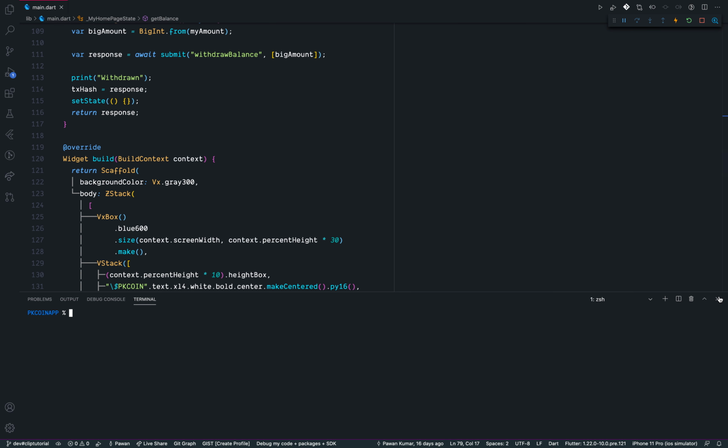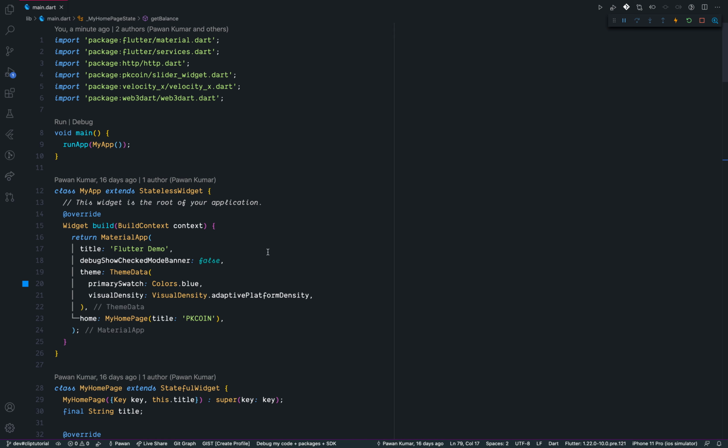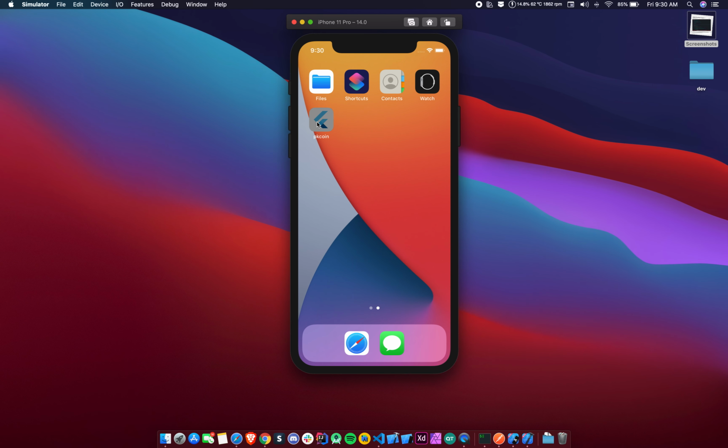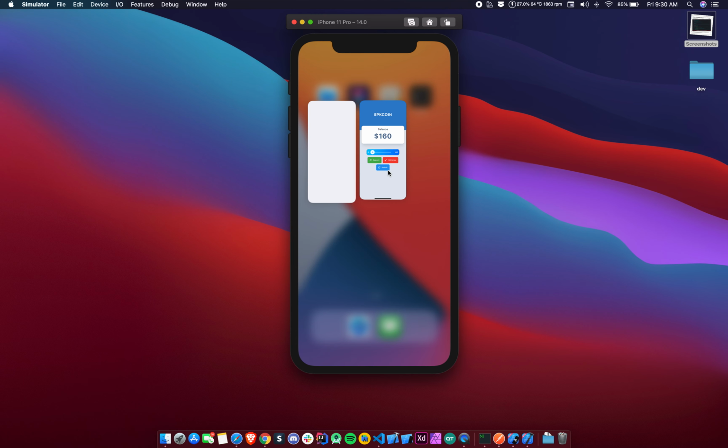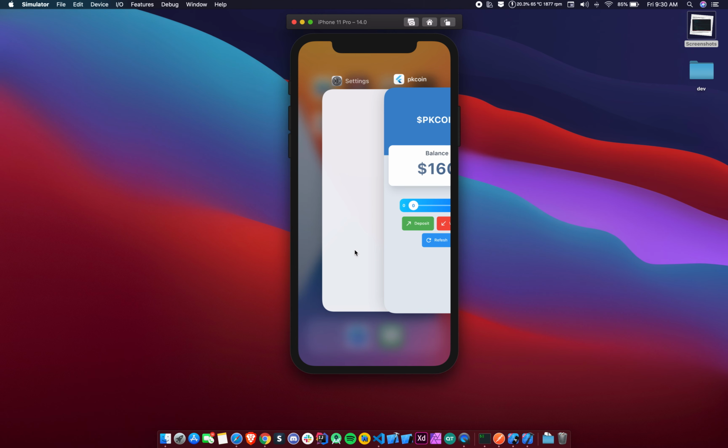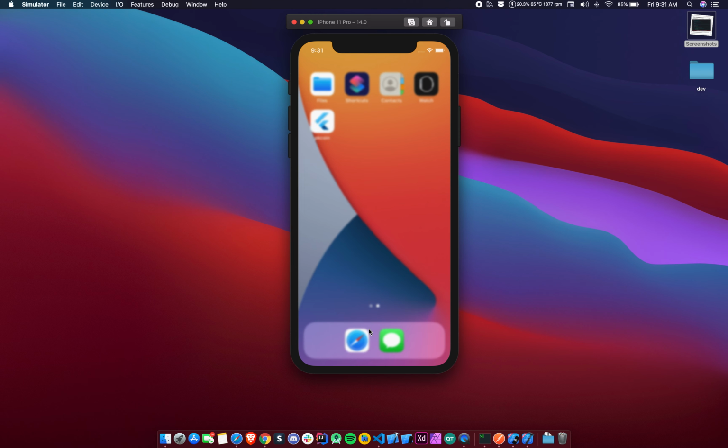So now coming back to my original project, what I'm doing right now, if you see, I have this Bitcoin application tutorial which I recently made. It's an existing app, and you can see it has this balance screen where you can deposit, withdraw, refresh, and all these things. Right now this particular thing is actually an app. If you can see it, this is an app which is PKcoin. Now I want to convert the exact same stuff into an app clip.